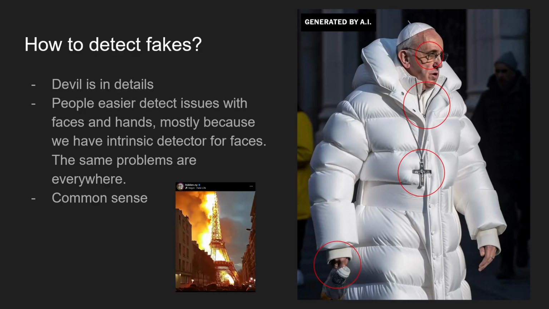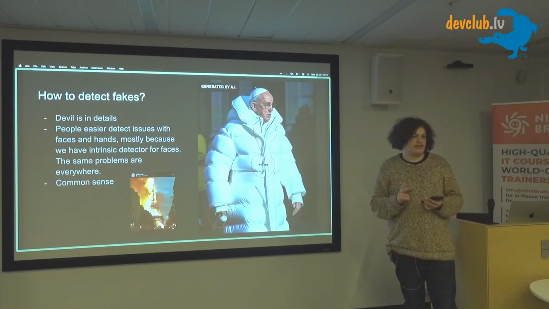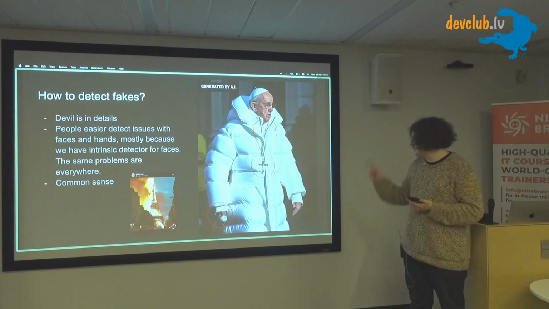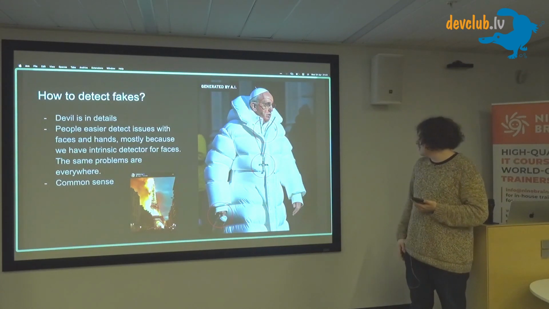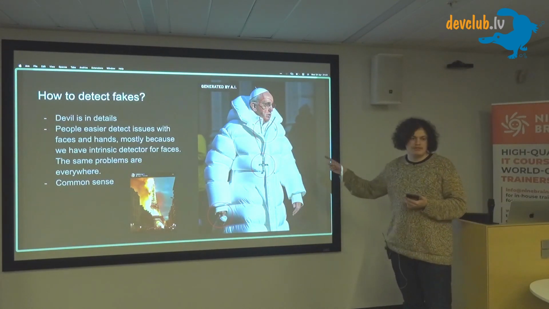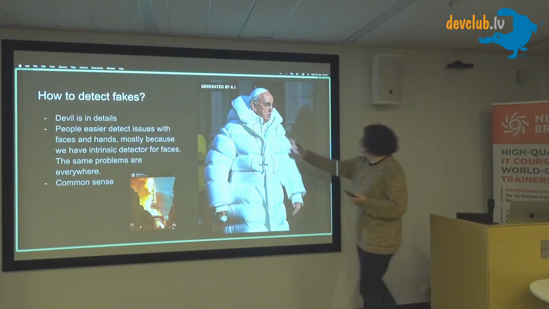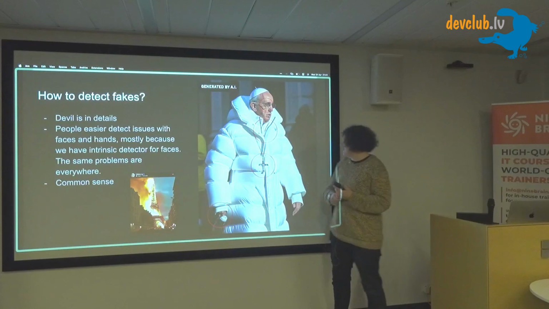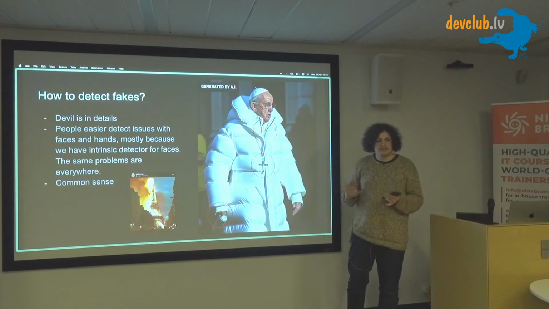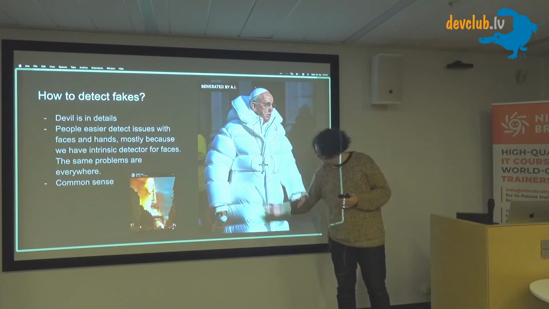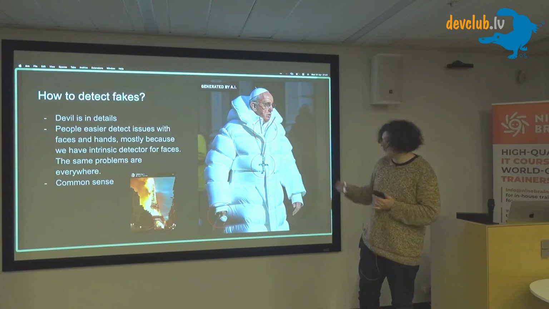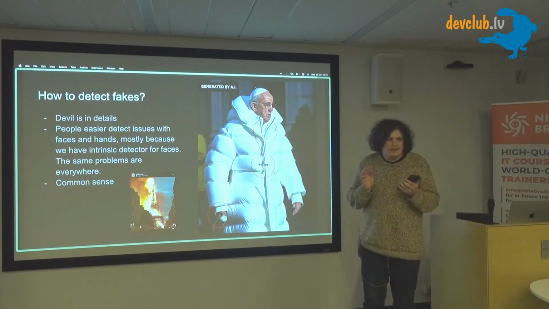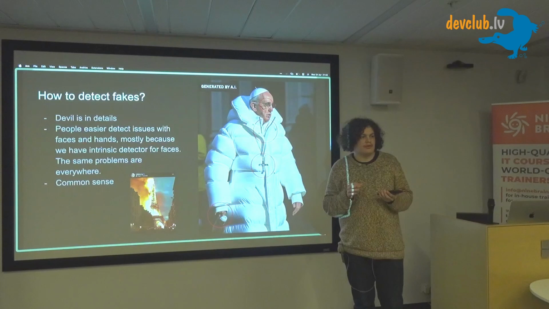Okay, and the last slide will be about how to detect fakes. I would say there are 2 clues. The first one is that the devil is in the details. If you have a better look at this image, we'll see that, for example, here there isn't a glass on the right, and here the cross is a little bit malformed, and also the cup, is it a cup? It's a little bit swirled. So you should look at the details, and the Pope never wears it like this.